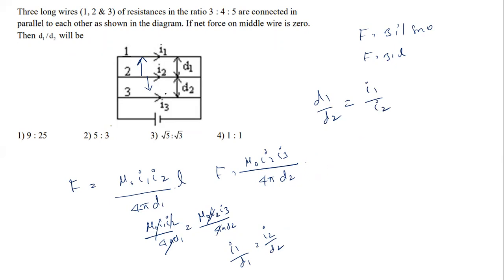Now we need to find how this shares the current. Clear? So let us say a common factor x, so this is 3x, 4x, 5x. So the current flowing through this is required. So potential is same. So V is equal to I1 into 3x. I1 is equal to V by 3x. Am I correct? So this will be reciprocal. So you will get 5x by 3x. X cancels, you will get 5 by 3, or 5 is to 3.